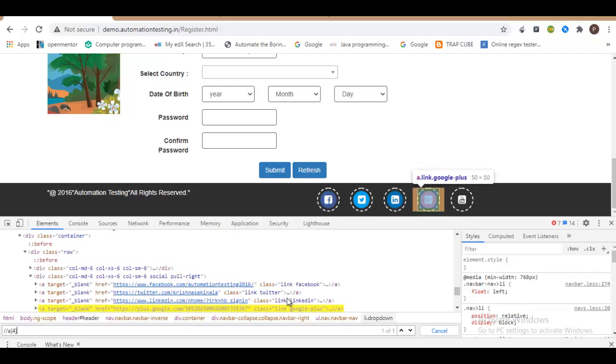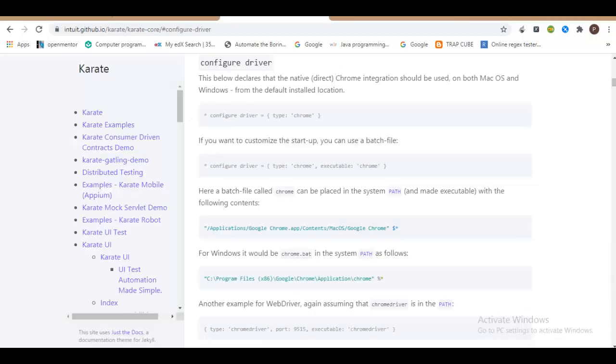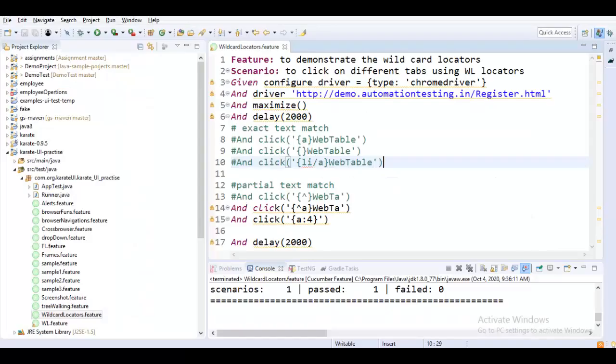You see it is navigating to some Google practice form. So it is clicking there, and that is the reason you have navigated to some other URL. This is how you click on a link using the index. So this is all about wildcard locators.